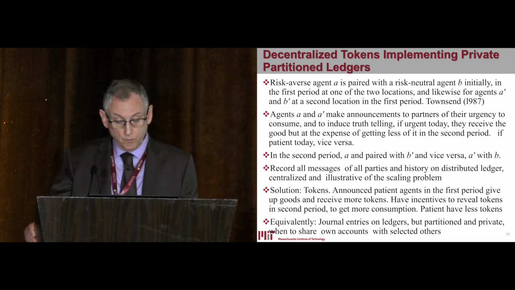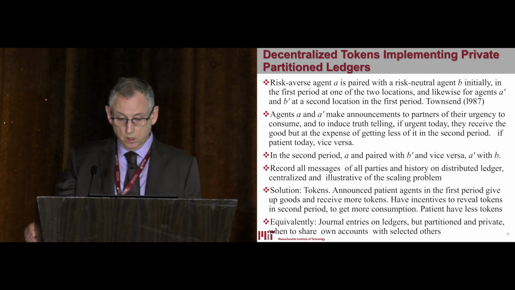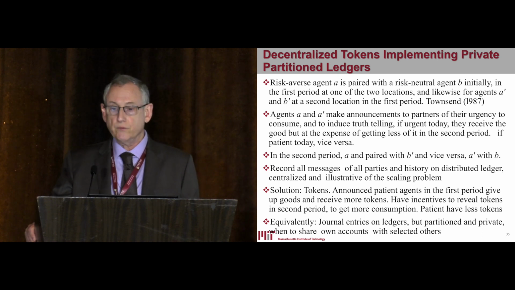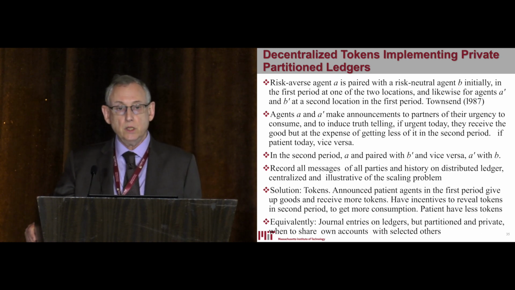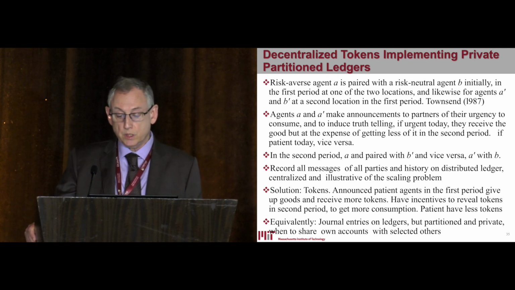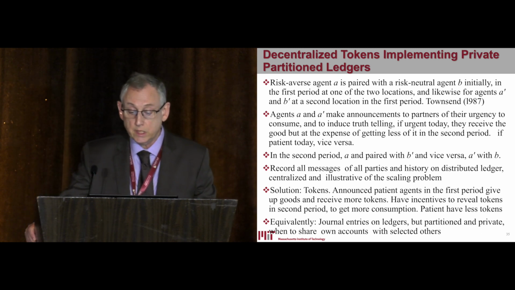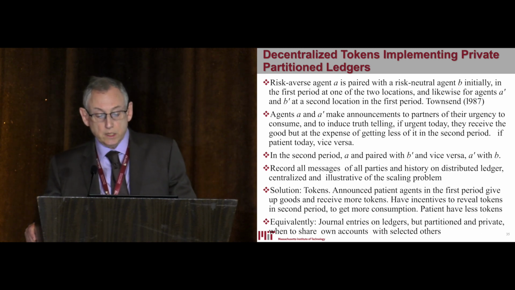Decentralized tokens are associated with implementing private partitions. So imagine 4 agents, A and B meeting in one location in the first period, A prime and B prime meeting in a second location in the first period, and then these agents make announcements of their urgency to consume, as in Diamond Dybvig, and if they're urgent, they're going to get goods today in return for getting less goods